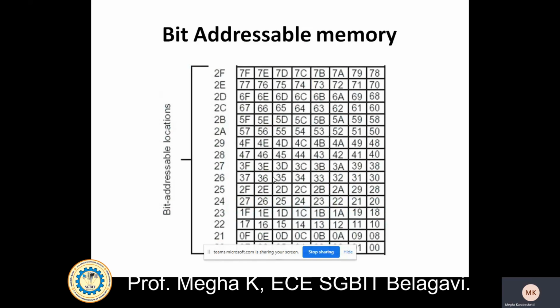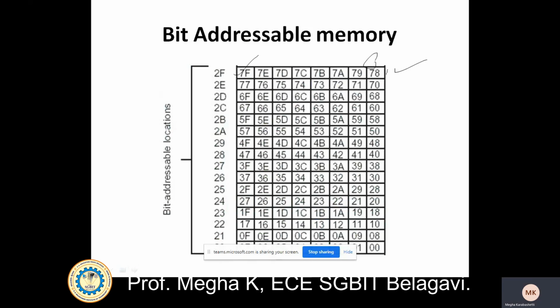You can see every memory location, for example 20H, has bits 0 to 07, so 8 bits. 2FH has bits 78 to 7FH. Whenever instructions like set bit and clear bit are used, bitwise operations are performed. Only bits are verified.